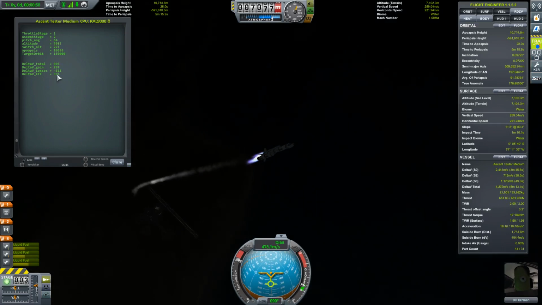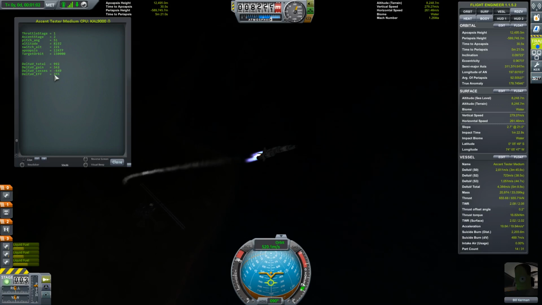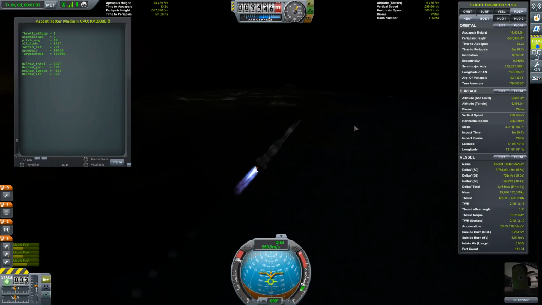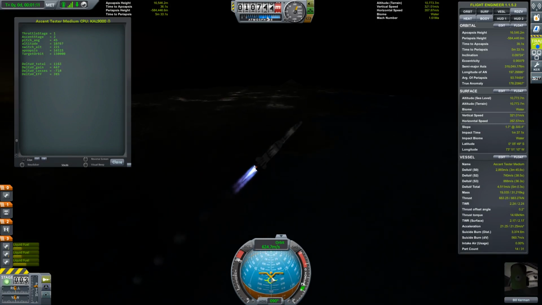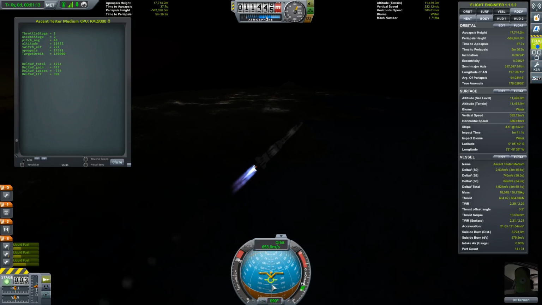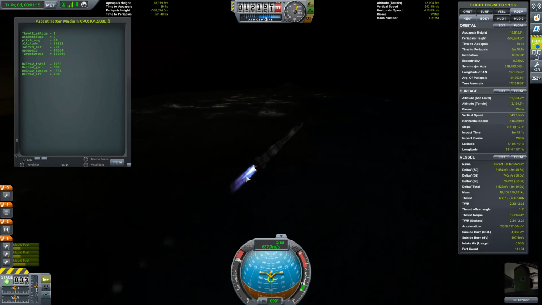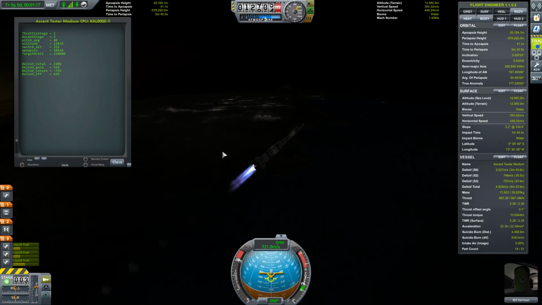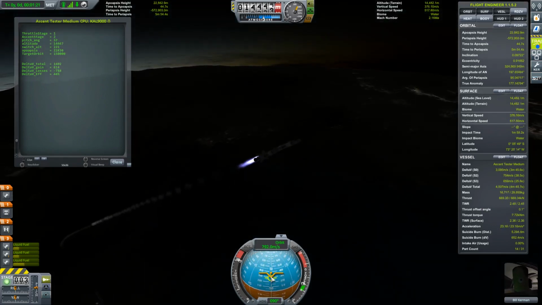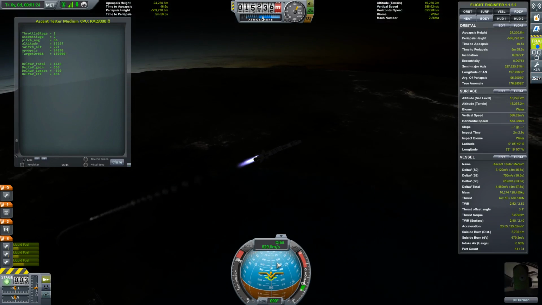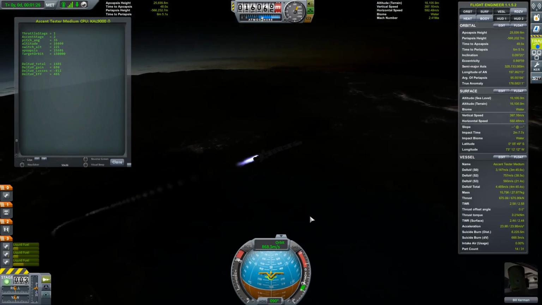So right now you can see our efficiency is really low, but we're slowly increasing it because as we're going up, we're starting to point more towards the orbital velocity, which means we're using more of our thrust to accelerate versus turn. And on top of that, the gravity losses, if you've ever heard that term, or gravity drag,